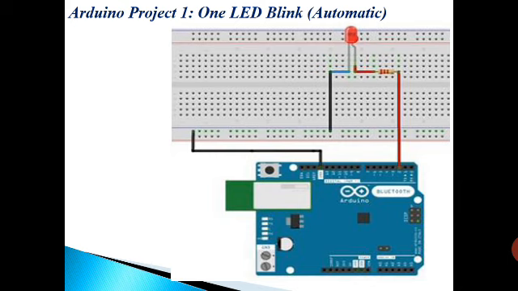Okay, so overall you can see the circuit here also. So we are going to connect the LED positive with pin number 2. So any pin we can decide, but here we are going to take pin number 2 for the LED positive pin, and the negative is connected with the ground that you can see here, and in between pin number 2 and the positive of the LED there is one resistor also, because